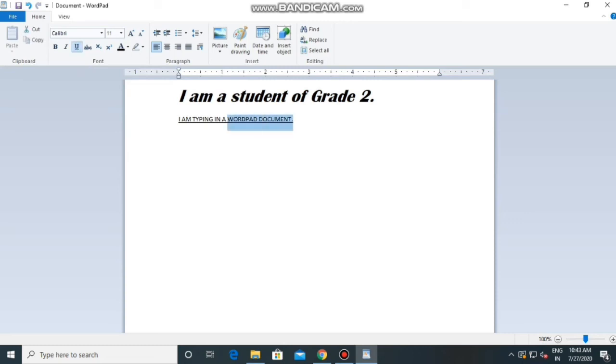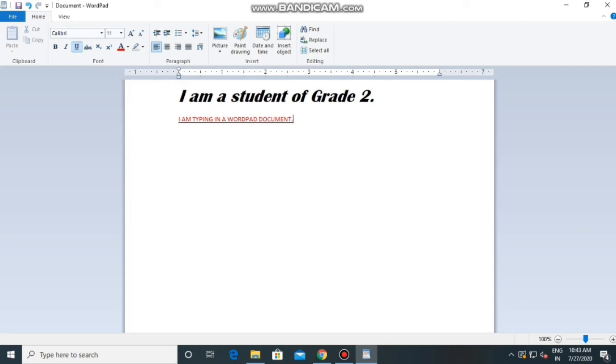If I want to change the color of the text, I'll select my text and then choose this option. You can see A has been written here. A small drop down list also here. You will click here and the colors will come here. Now you can choose any color. By this you can change the color of the text.